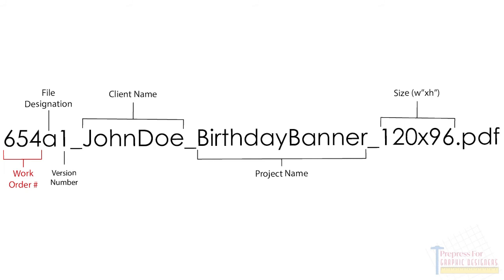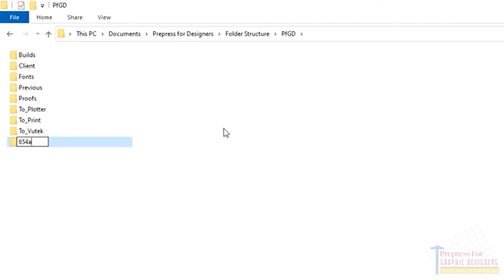So the naming that I use is a work order number, a lowercase letter designating which file it is, a version number, an underscore, the client name or abbreviation of the client, another underscore, a brief description of the project, another underscore, and then the size. I specifically use the width by the height in inches, and then add a dot and whatever extension it is. A good example is the following file name: